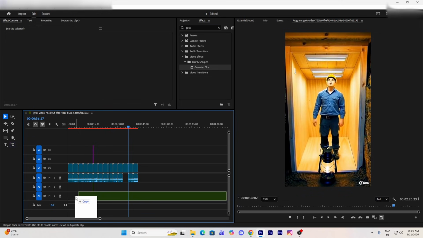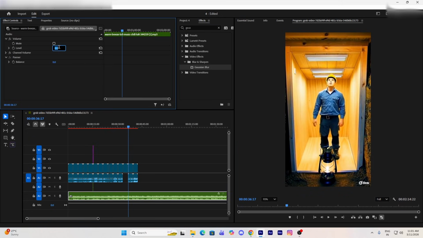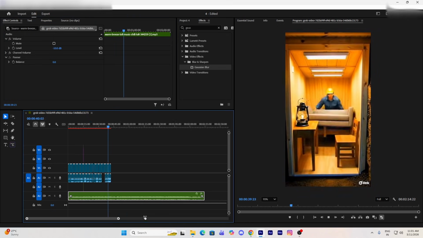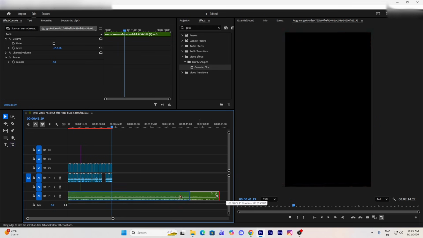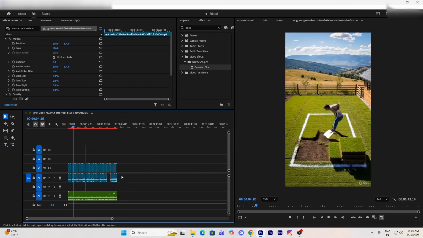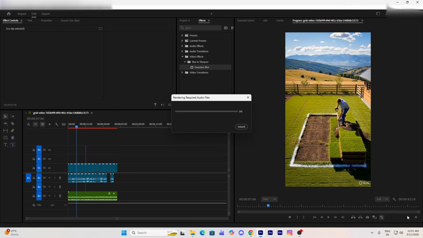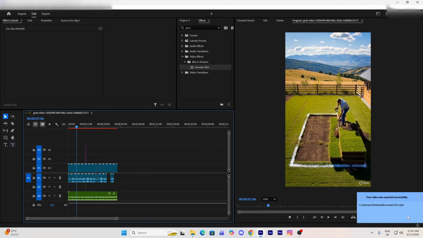After that, add a background music track. Music plays a very important role in making the video engaging and satisfying to watch. Try to use cinematic or ambient music because it matches very well with time-lapse style videos. Finally, watch the entire video once to make sure everything looks perfect. Once everything looks good, simply export the video in high quality. And just like that, your Bunker time-lapse video is ready. Now let's review the final video.